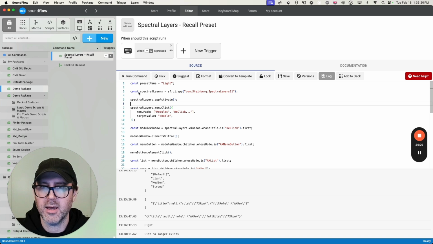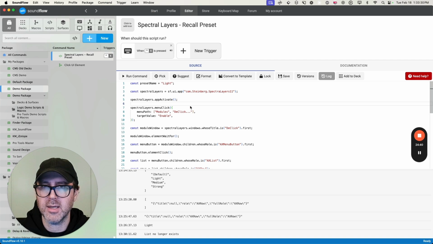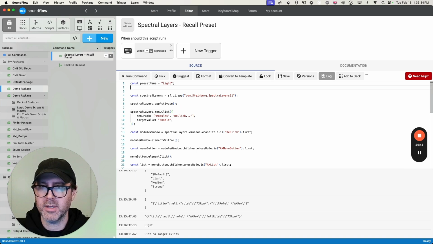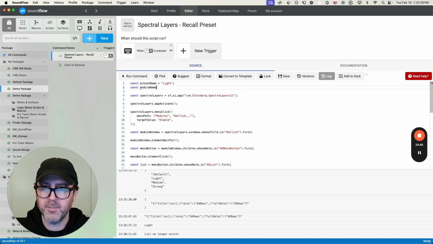It activates the SpectraLayers app. It opens up the declick module. And what you could do in here is you could also specify the module name. So const moduleName equals, and I could go declick here like this, that in quotes,